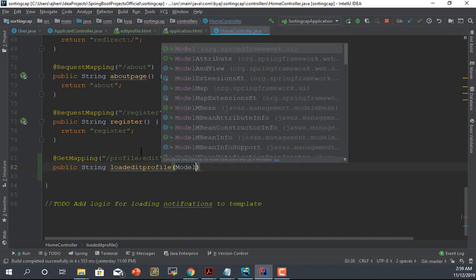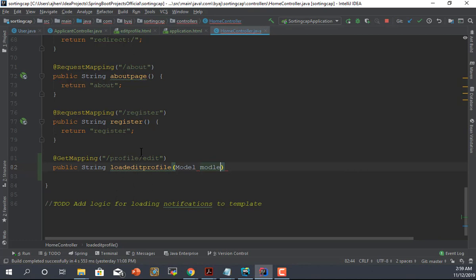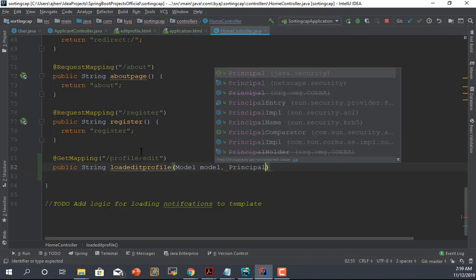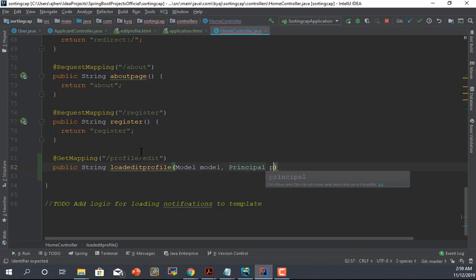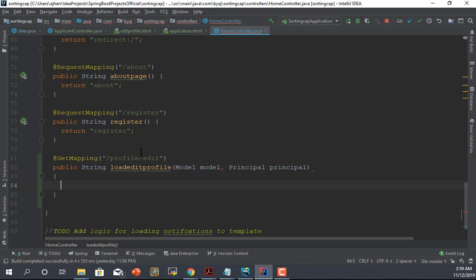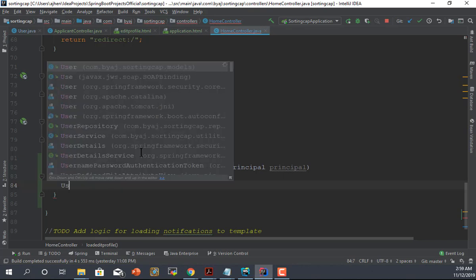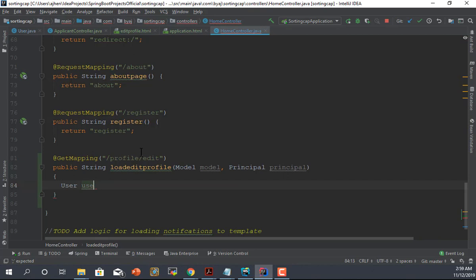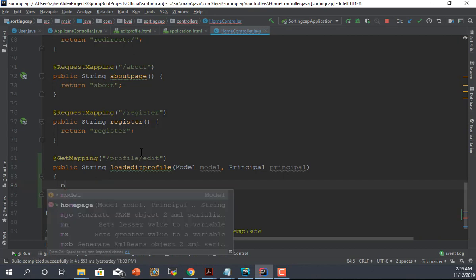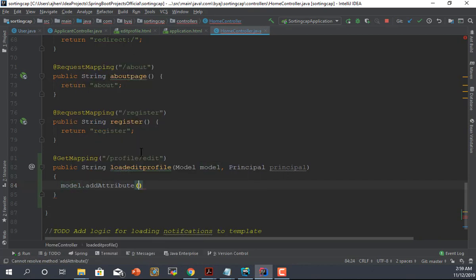I need model, and since it's going to be the profile of the current user, I also need principal, and I'm going to jump through my hoops to load principal. So basically I need a user called user. I actually could do it all in one step, I think. Model.addAttribute user,